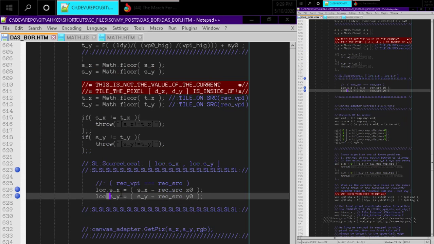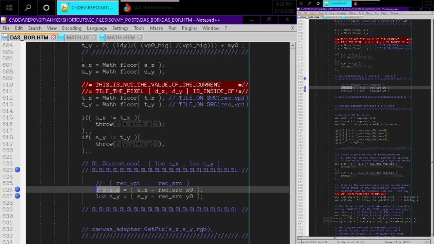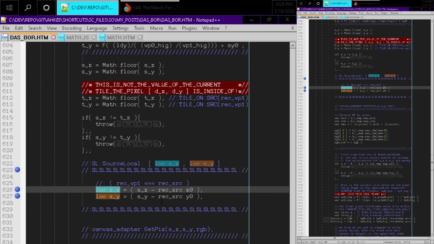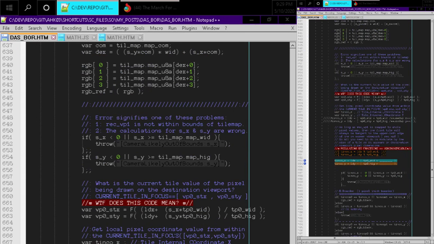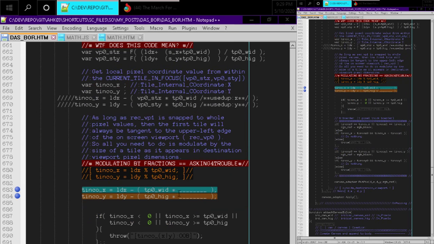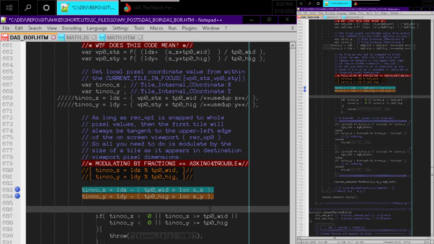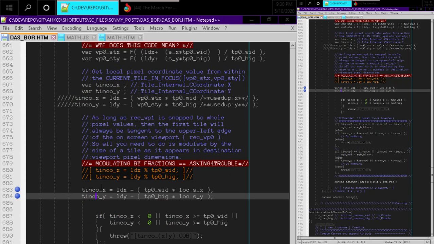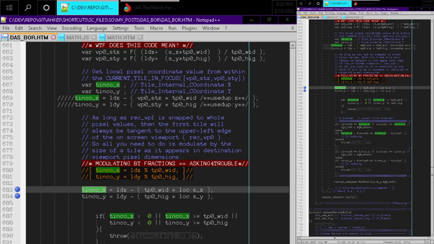I'm just gonna highlight these. And then I'm gonna go back down to the other highlighted area in our code. Right, and we had this, and it's times something. And what is it times by? It is times by this, sx and sy. And we'll remove the coloring now. Okay, so the tile internal coordinate on the x, and this is on the actual